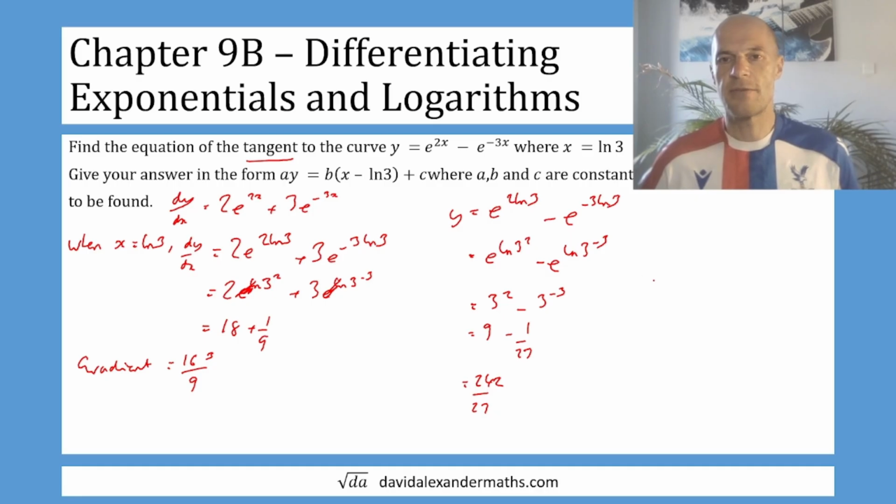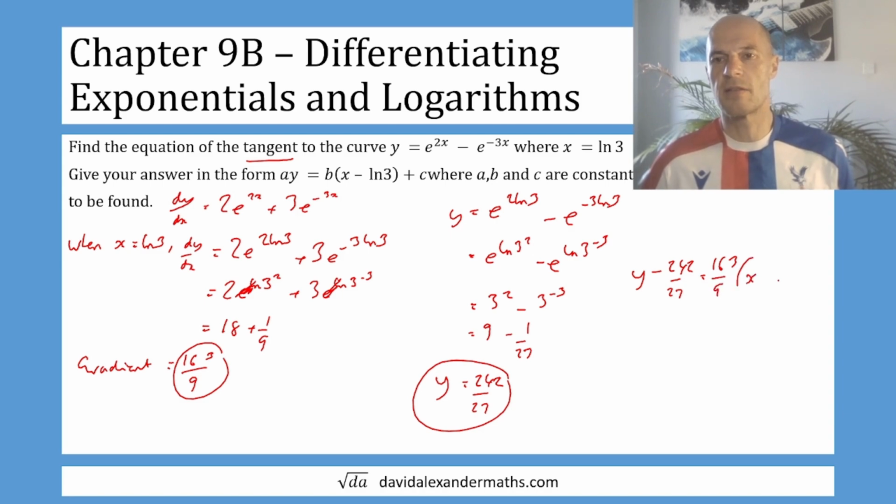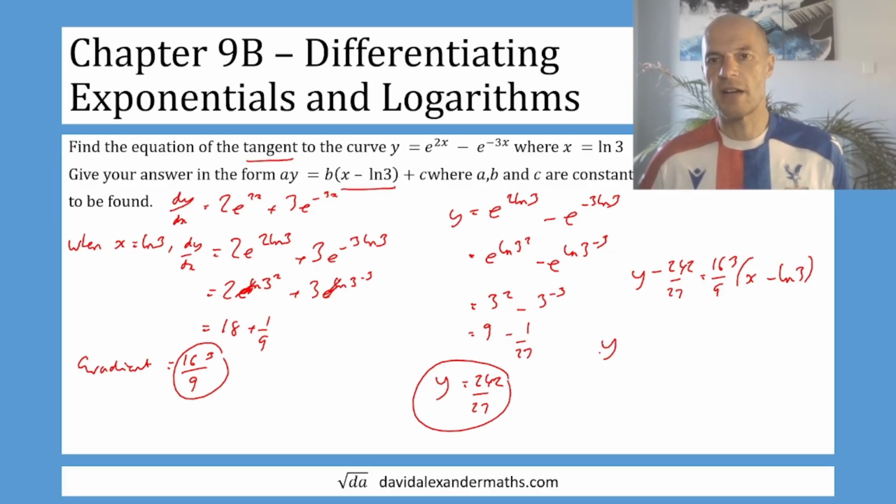Okay, so now for the equation of the line, it's going to be y minus the y value, so y take away 242 over 27 equals the gradient, 163 over 9, lots of x, take away the x value, which is ln 3. We're going to leave this as it is. So what I'm going to do now is just add this fraction to both sides. So y is 163 over 9, lots of x, take away ln 3, plus